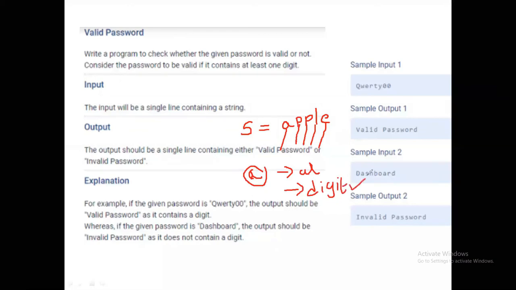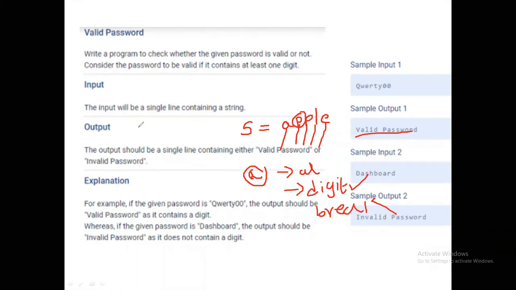If it is a digit, then I print valid password and break the loop. If it is an alphabet, then I take the next character to check. That's it. Does everyone understand or not?